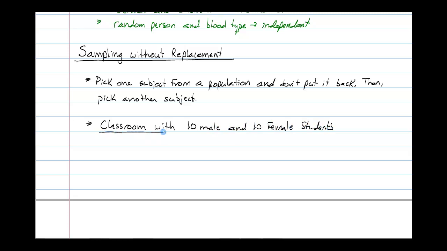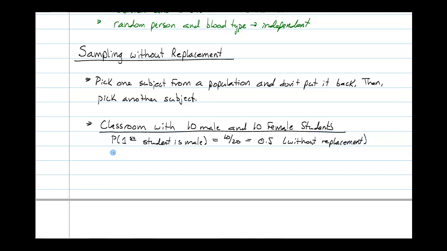It's pretty easy to see for this example that if we randomly select one person, the probability that the first student selected is a male would be 10 out of 20, which of course is 0.5, or about 50%. Now, we are going to sample without replacement. This means that the person that was just randomly selected doesn't get their name put back in the hat to be selected. Now, if the first student is male,